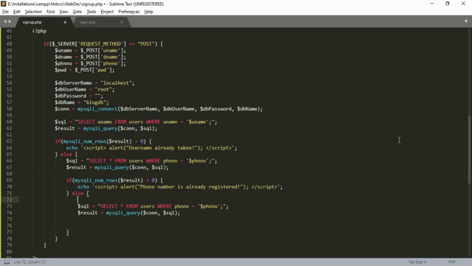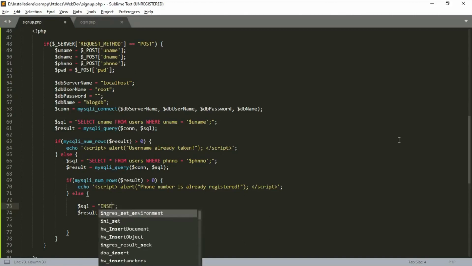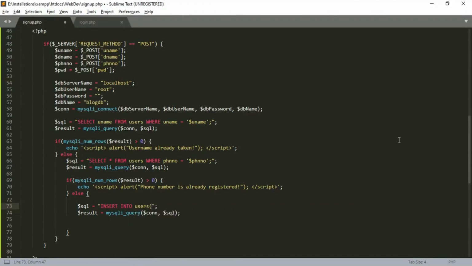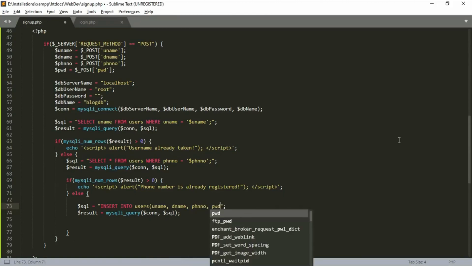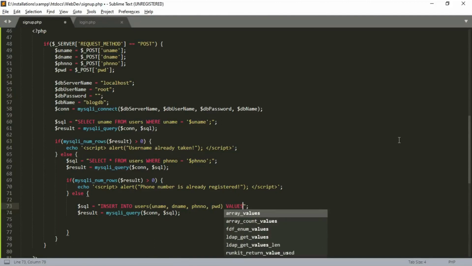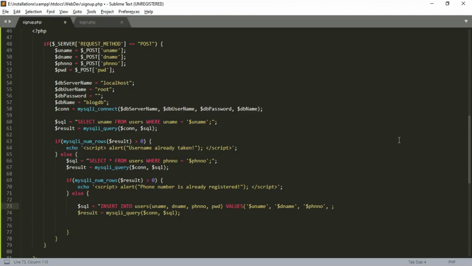We can use the insert query by substituting the values that we received from the form. $sql equal to insert into users uname, dname, phone number, password values, and enter the variables. mysqli_query of connection, sql.